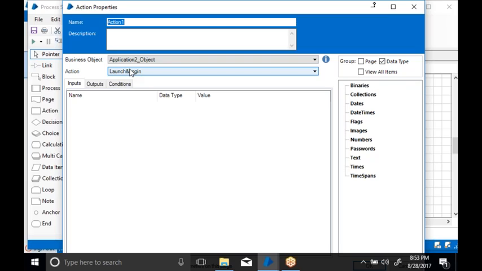For this stage I am going to give the same name as the action of my object. Additionally, as I told, we will always call the objects inside the process. Suppose one project contains two applications, then how many objects do we create? Two objects. The number of applications is always equal to the number of objects.